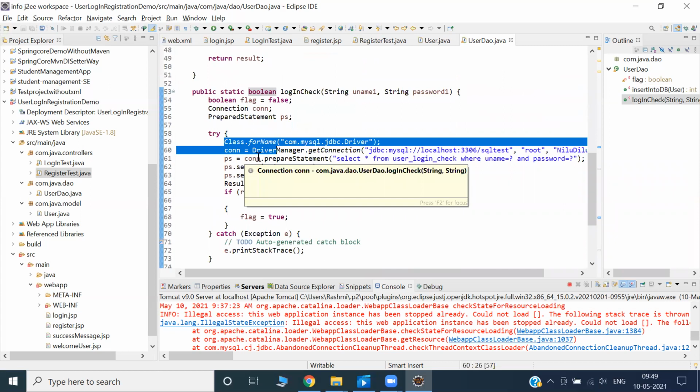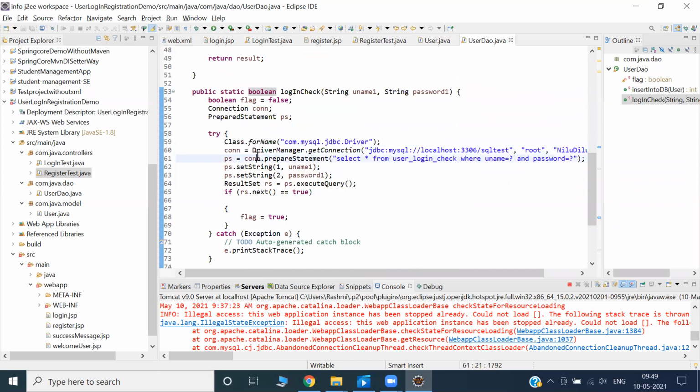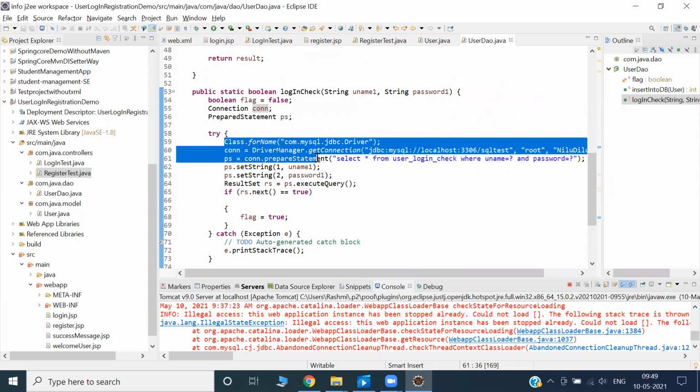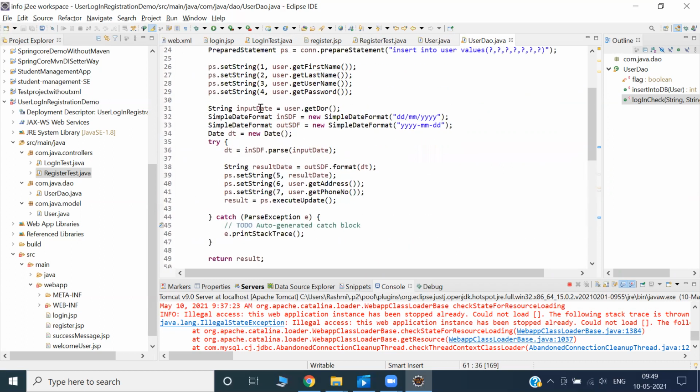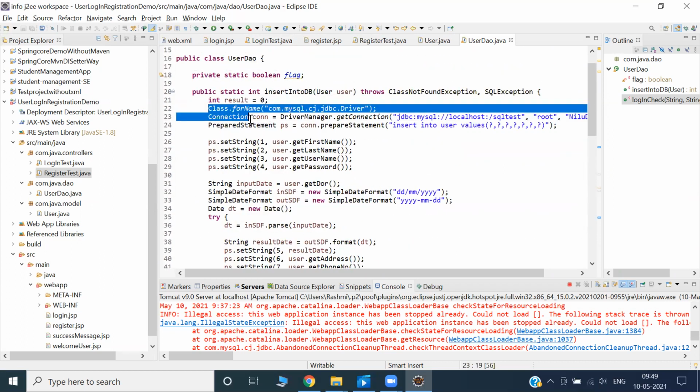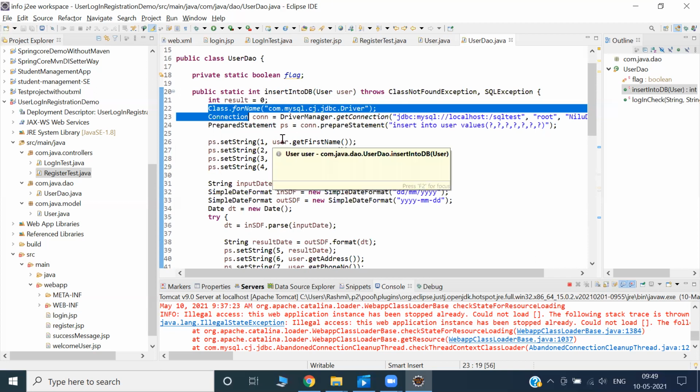I know this is the entry point to the database. Can't I create a single centralized place so that everybody uses this logic? Yes, that is possible. If we do that, we can understand the performance of this application in a little better way. That we will do.